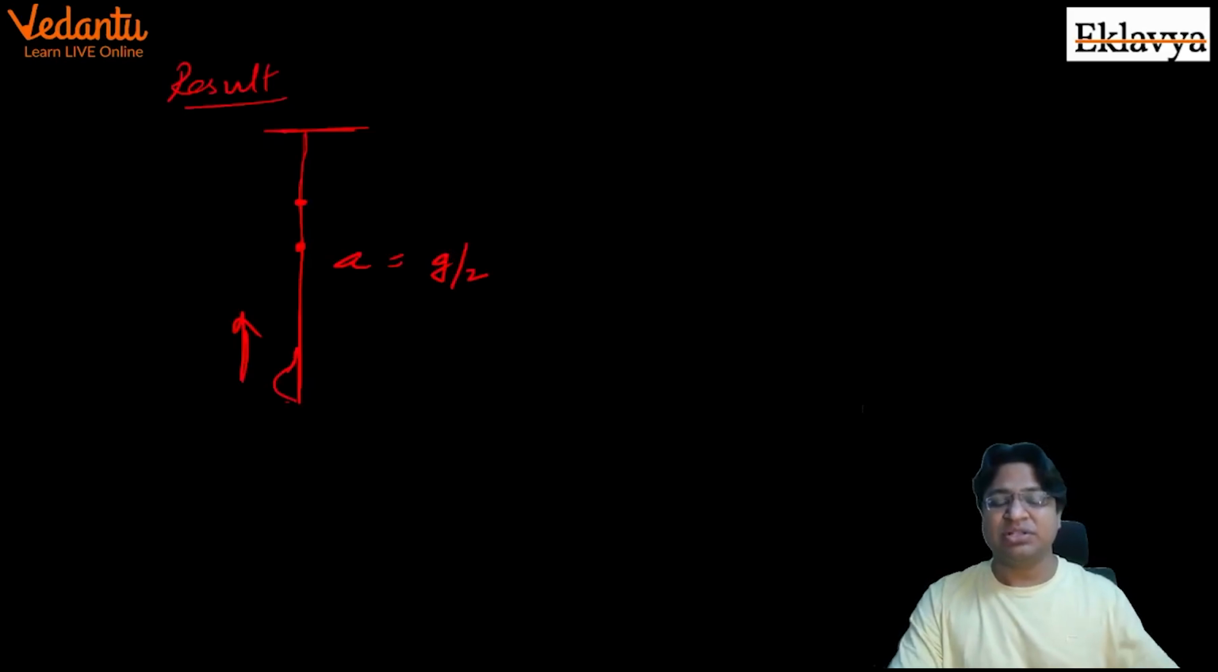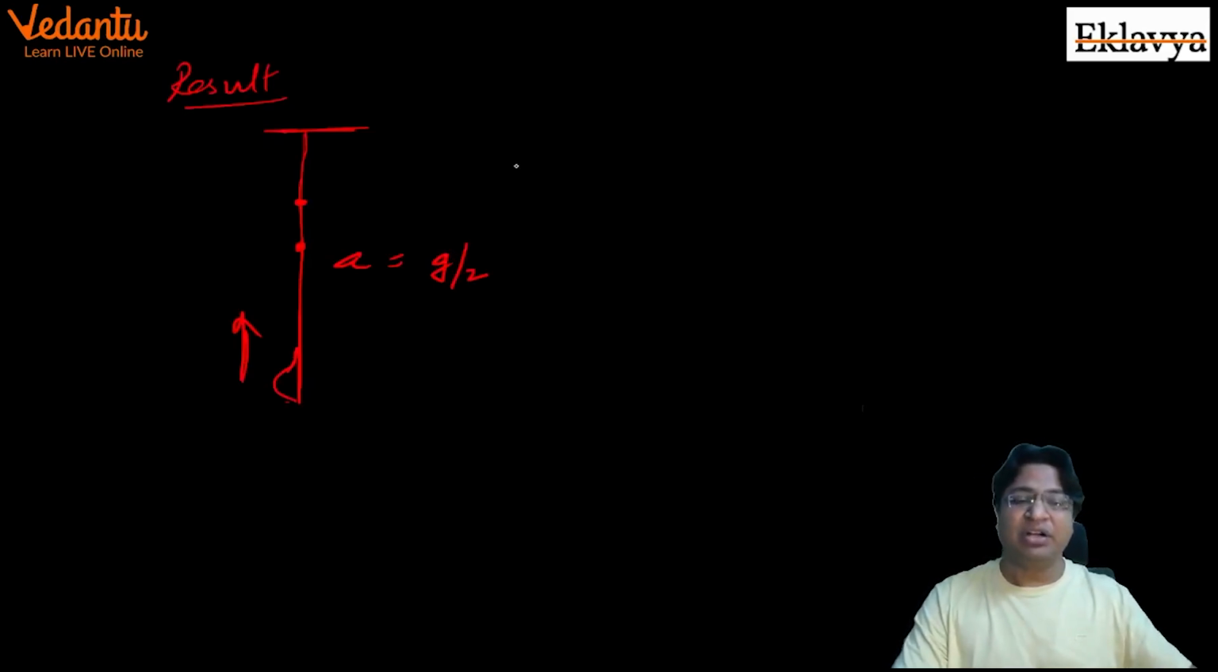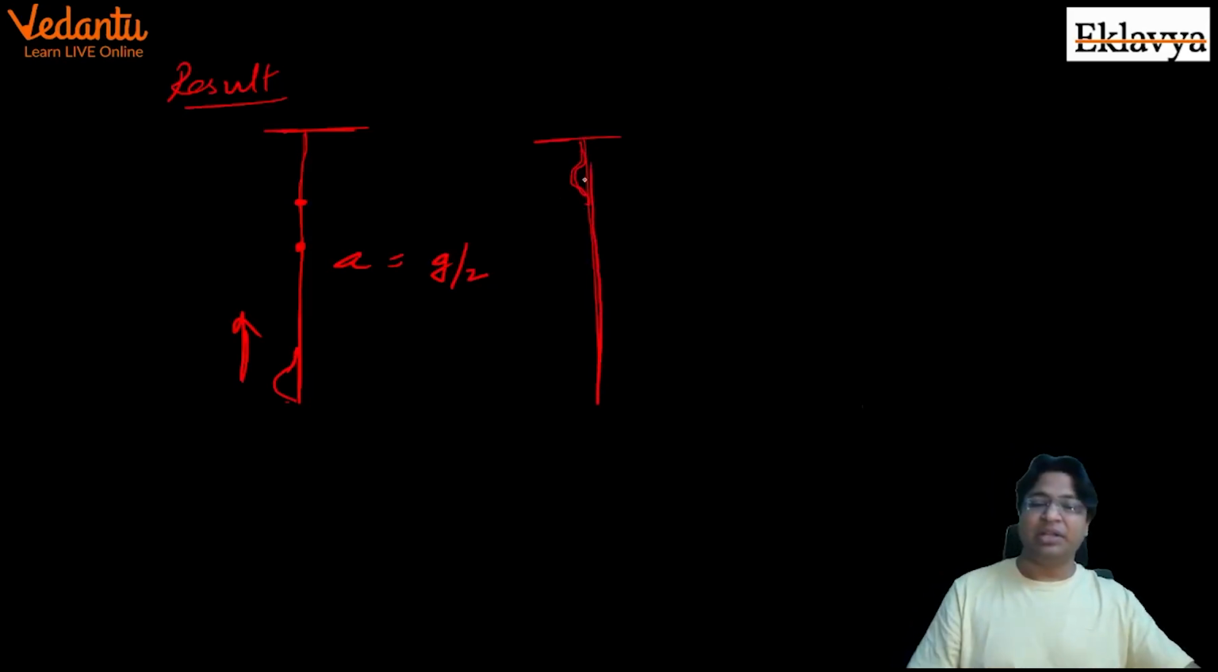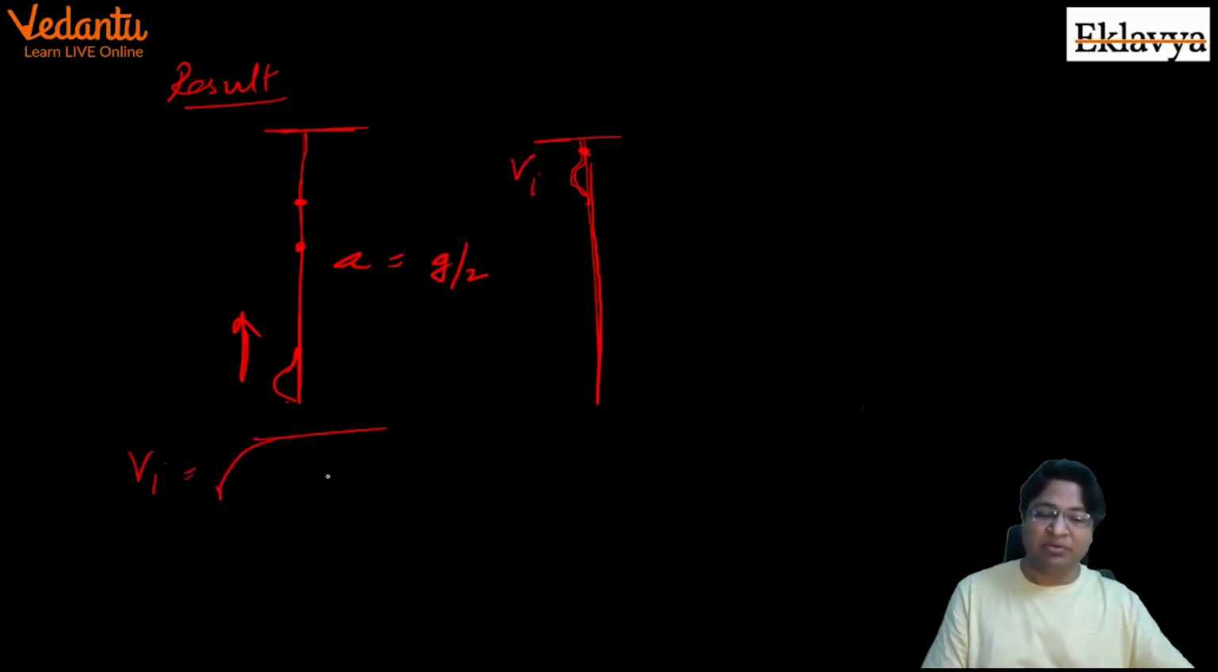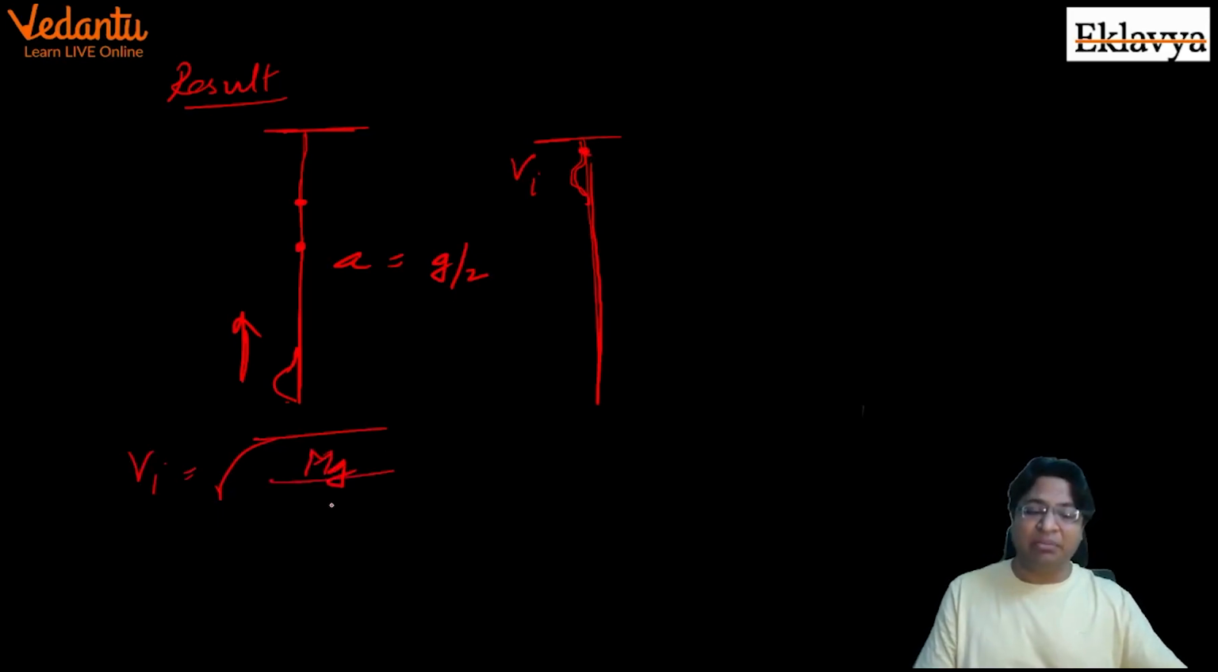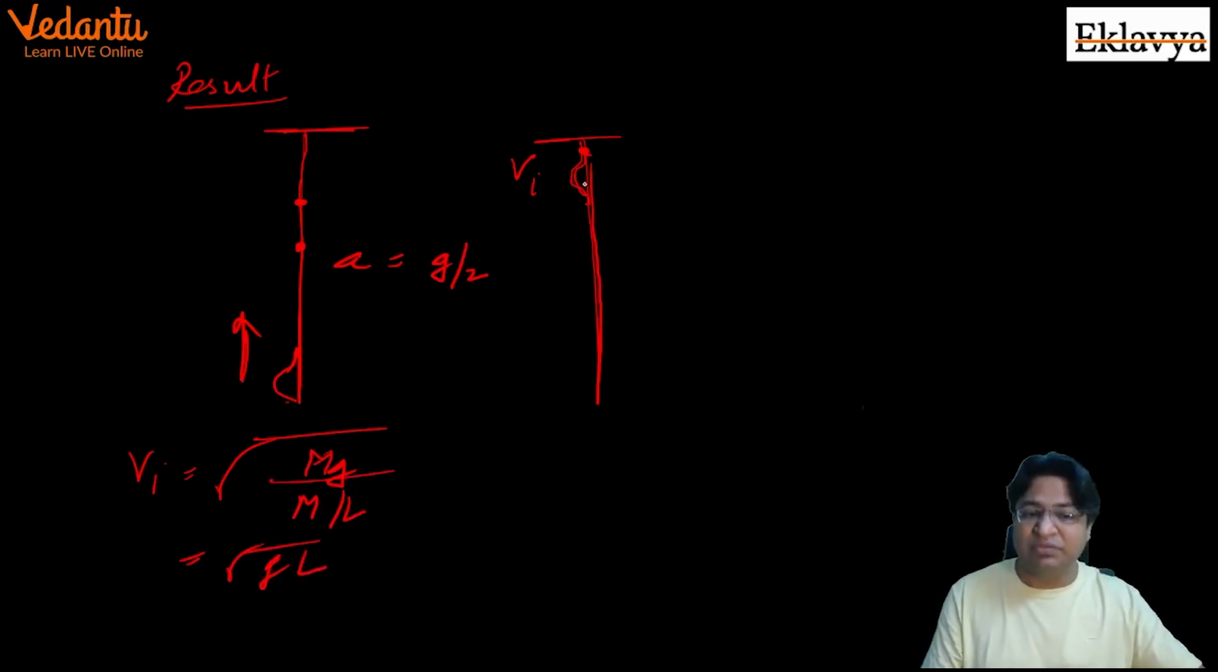The question says that we generated a pulse at the top of the string. So we have generated it here. Keep in mind that at this point, what would be the velocity of the pulse? That velocity will be given by root of tension divided by mass per unit length. Tension will be the same as the weight of the entire string, so root of mg divided by m by L. So it would be root of gL. The starting velocity would be root of gL,